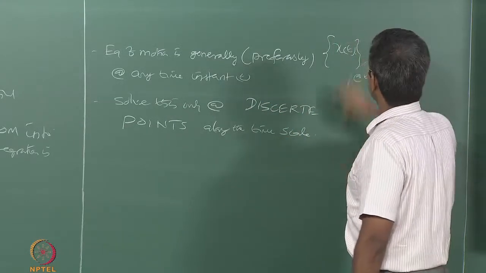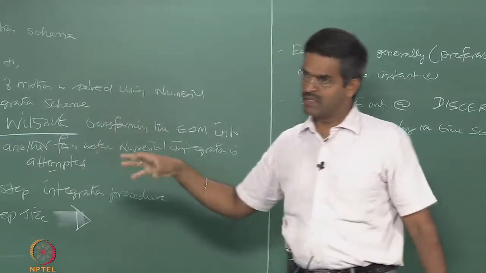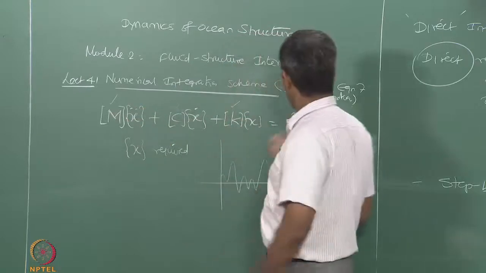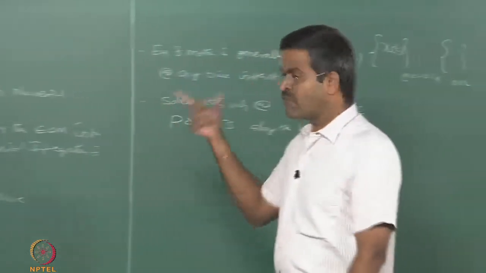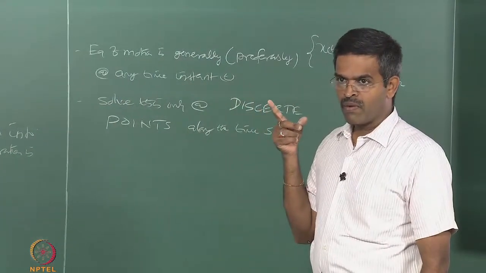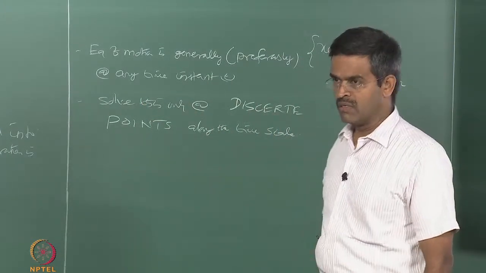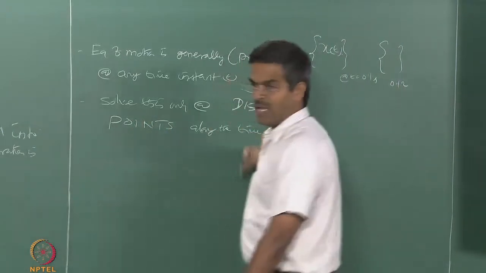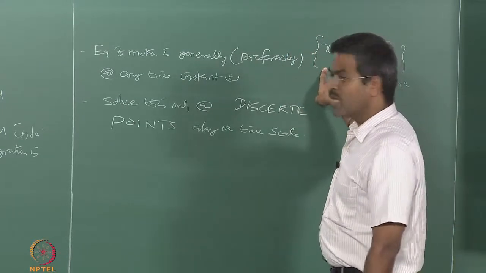What does it mean? When I substitute x of t at 0.1, it should feed back and give me the equation of motion valid at that particular point. What it means is the x dot and x double dot, pre-multiplied with this, should give me f of t at 0.01 seconds. So, though f of t is continuous, not discrete, because it is actually a continuous action applied from the waves or any action coming on the structure, you are picking up a discrete value and trying to compare and say the validity of this solution. So, there is a very serious problem here.